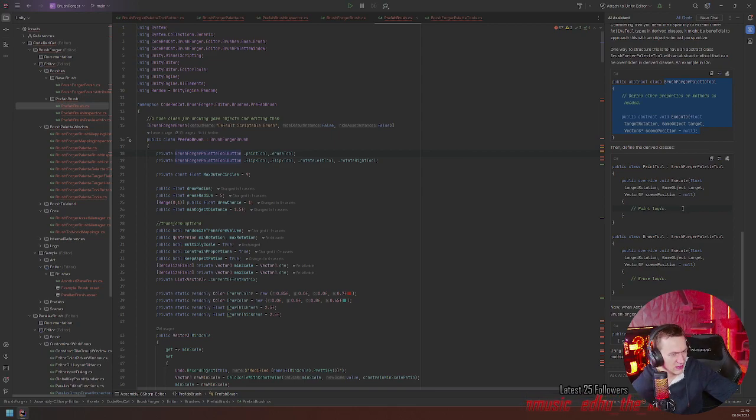The original idea is the problem is that in the paint tool I can reference the brush forger brush, but I would need to reference a prefab brush and then go into the properties inside of here.